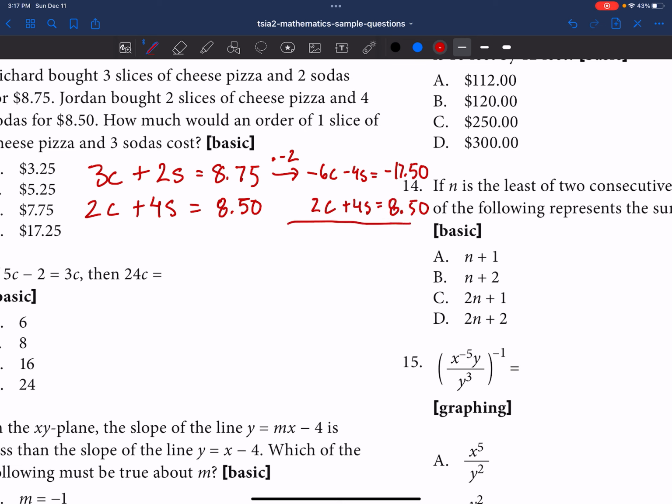Now, the reason I multiplied by negative 2 on the top is so that negative 4s and 4s would cancel when added together. This is the elimination process. Now, negative 6c plus 2c is negative 4c, which equals, be careful with my math here, I think that's negative